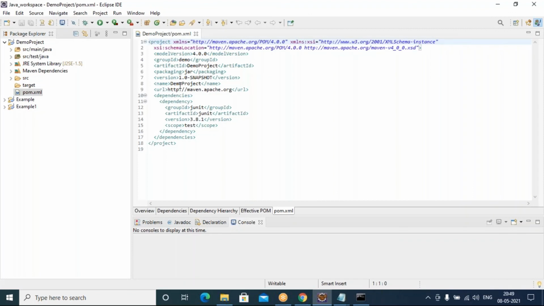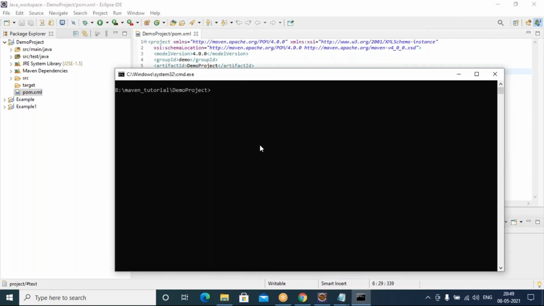If I just open the pom.xml, my packaging type is jar. Since I have used the quickstart archetype, it's giving me the jar packaging type. So it is going to create that jar file inside your target directory once you build this project. We are going to discuss several things here. So now I can call mvn